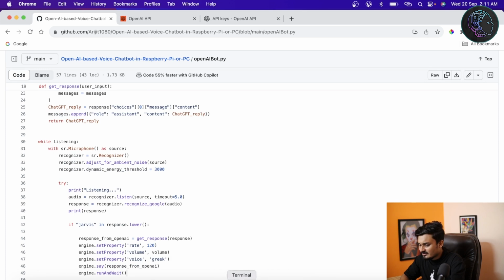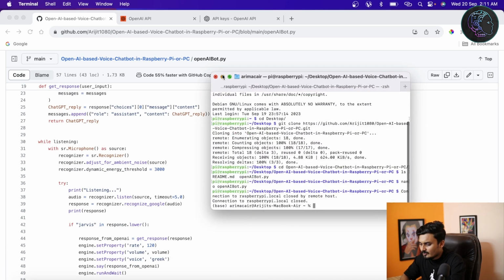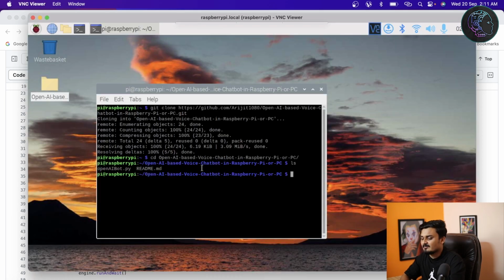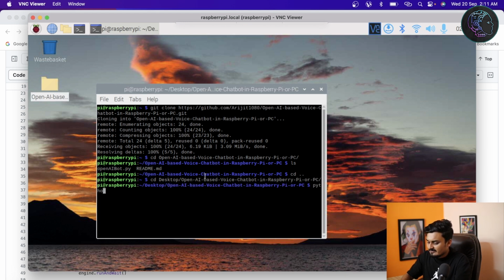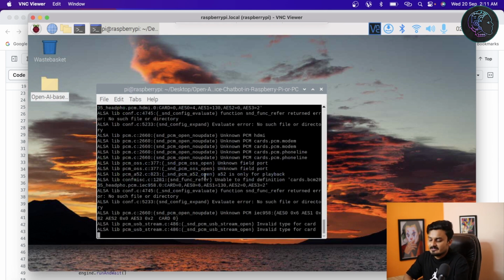Now let's try to run this code. In my case, in another file, I already have saved my API key, so I'll just go to that file, and from there I'm going to run this same thing again. I'll go to run it. So Python and open, small a, yeah, OpenAI bot.py. So once I run it,